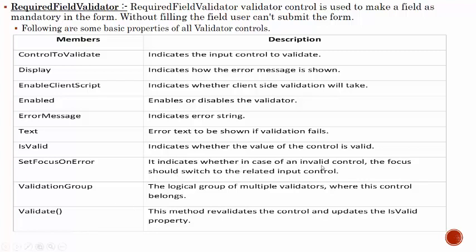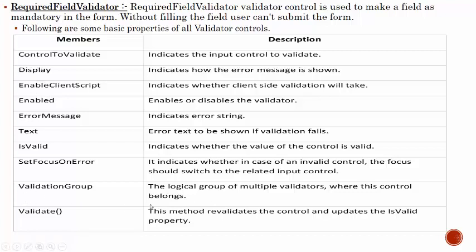It indicates whether, in case of an invalid control, the focus should switch to the related input control. So if the validation fails, the focus goes directly to the control which you set in ControlToValidate.